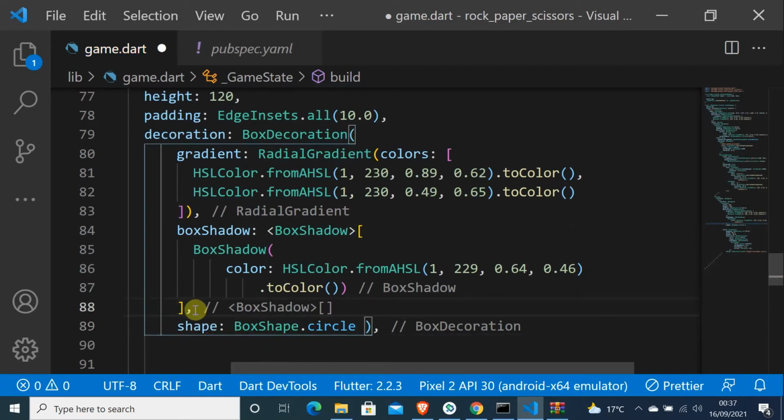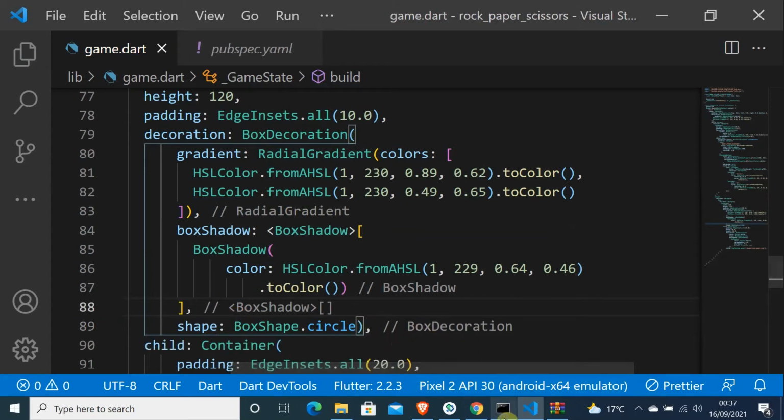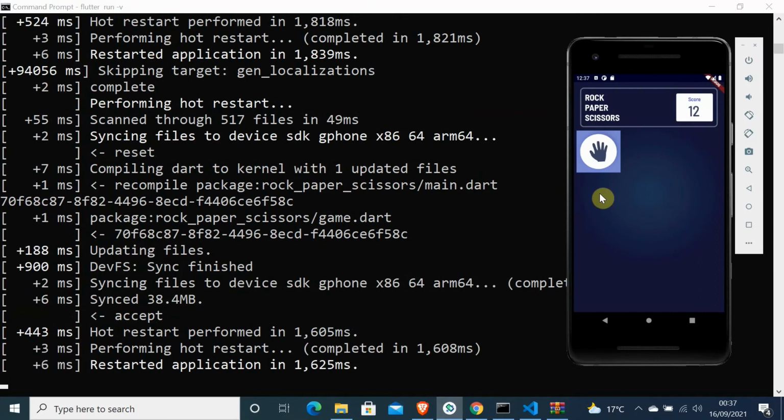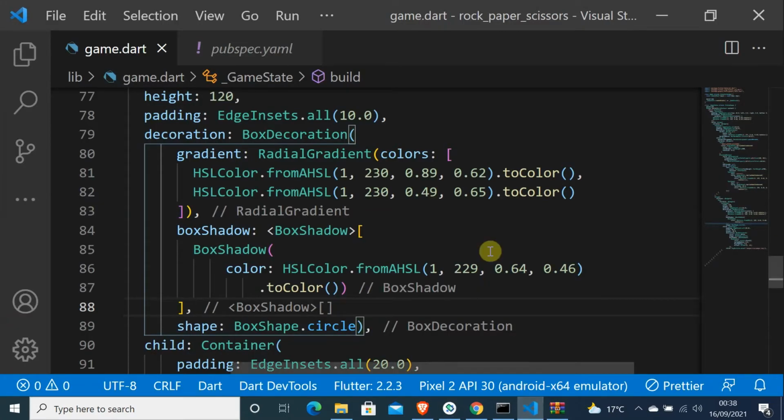Just put in this semicolon here, and let me save this and do shift error. Okay, as you can see, it is a circle, and I think I have to put also the